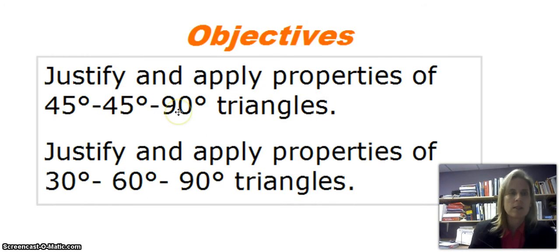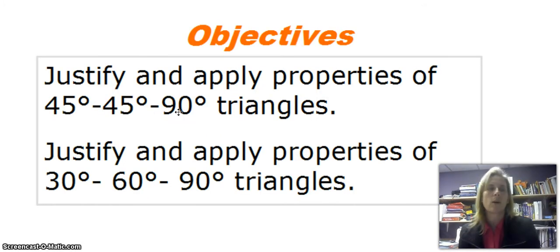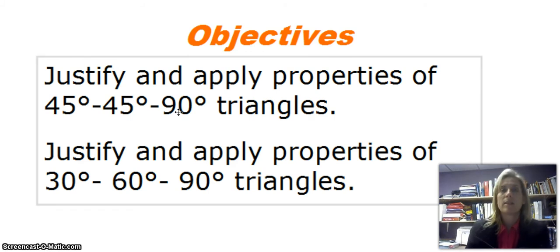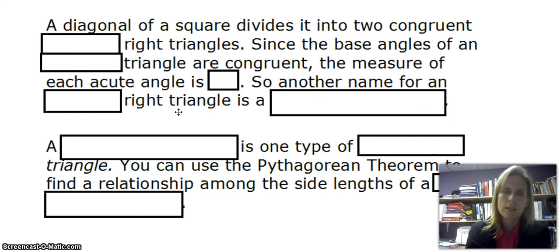So today the objective is to apply properties of your isosceles, or your 45, 45, 90 degree triangles, isosceles right triangles, and justify and apply properties of our 30, 60, 90 triangles. So a little bit of background. Think about a square. So as an example, here's a square. The diagonal of a square